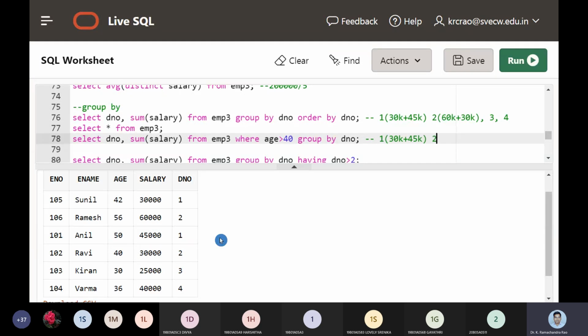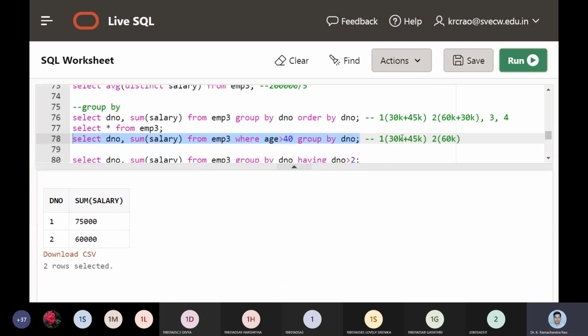The second group is only just 60K, so nothing more than that, and that is the answer. So the condition has eliminated three records. So I'm hitting the run button. So we got 30K and 45K. We get this as 75K, and the second is going to give 60,000. Fine.